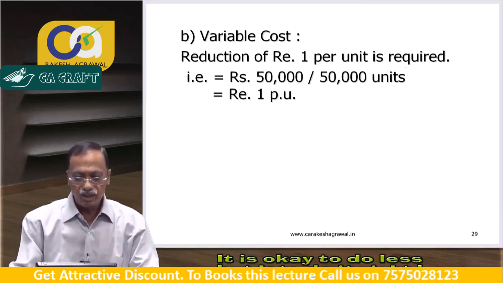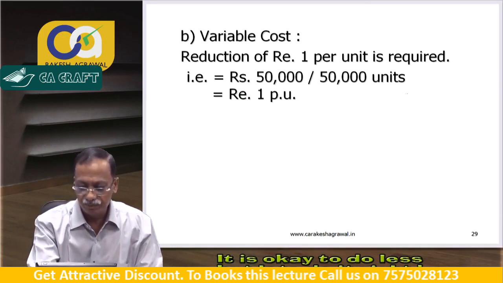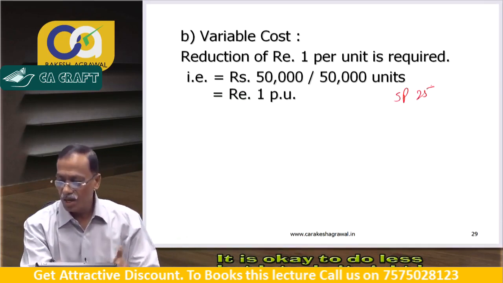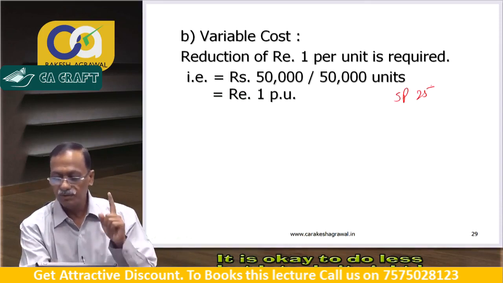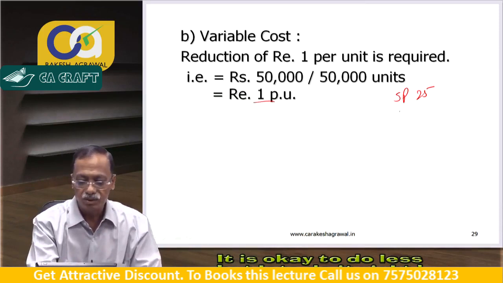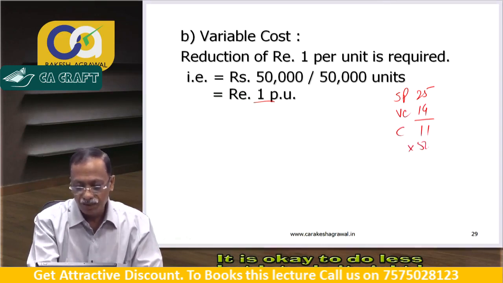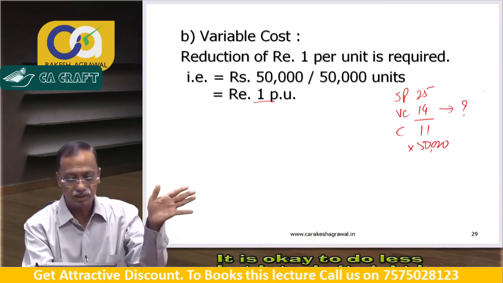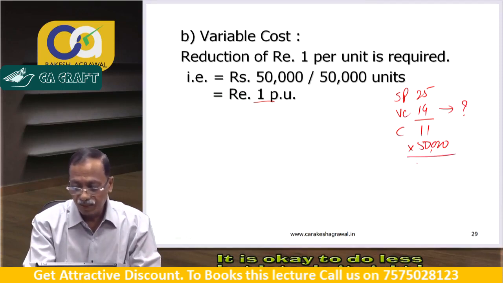Now if you still want to verify, we can cross check. Selling price is given to you as 25. Variable cost given to you in the question is 15 rupees. We will reduce it by 1 rupee. So your variable cost will now become 14 rupees, correct? Your contribution will become 11 rupees into 50,000 units. All other data will remain the same. We have only made this change. There is change only in variable cost. This will become 5,50,000